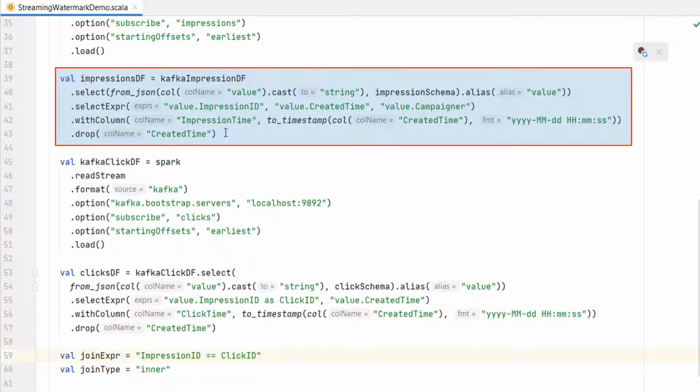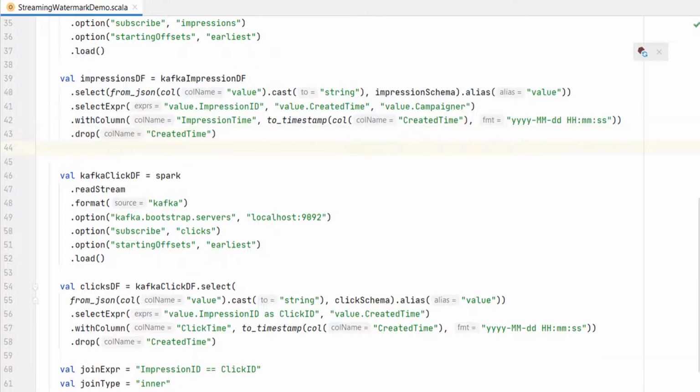Here is the code that creates an impression data frame, right? All we need to do is to call the withWatermark method. We want to watermark it using the impression time column and give it a 30 minutes of watermark. What does it mean? Simple. We are giving 30 minutes for the impression to arrive at the Spark.